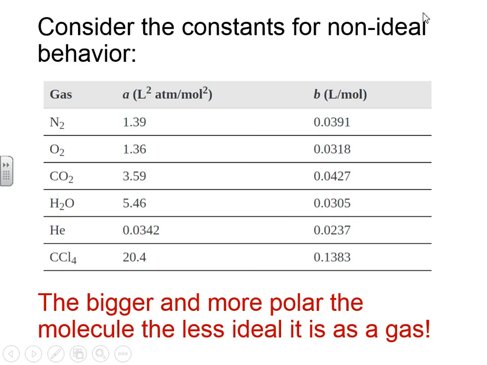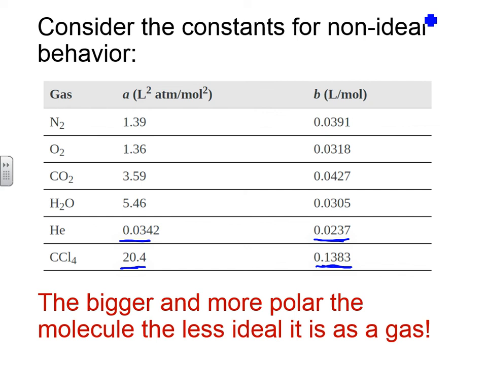So, taking a look at this table that we've seen earlier, these are the constants for real gases. If you take a look at the table, what you'll see is that the constants are smallest for helium, whether you take the constant A or the constant B, and they're biggest for, in this case, CCl4. Now, CCl4 is just a really big molecule. So its dispersion forces cause it to have very strong London dispersion